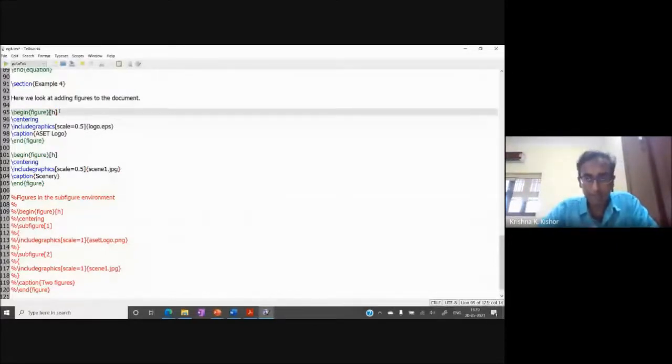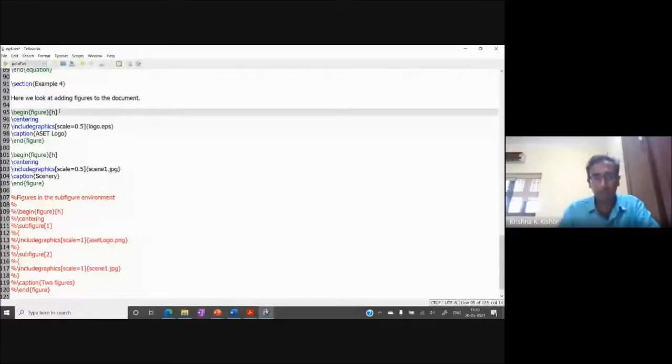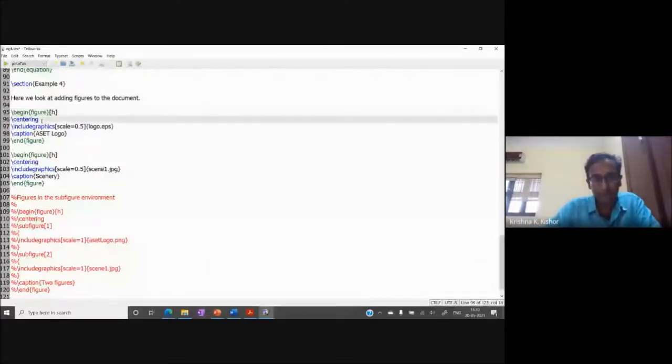H stands for here, T means top of the page, and B means bottom of the page. So you can place your figure wherever you want, right? So for now, I'm just using H. Just place it wherever LaTeX finds it suitable, right? I'm not going to control it. And then this command is just to tell it to center the figure, right? Centering. It's an optional command. You don't have to give it.